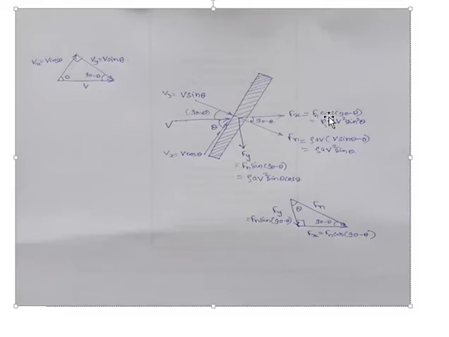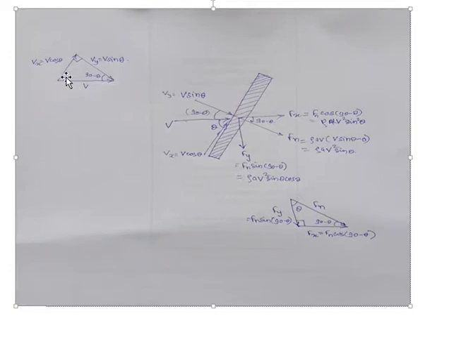We can write cos(90 minus theta) as sin theta, that is Fx equals Fn sin theta, and here Fy equals Fn cos theta, since sin(90 minus theta) means cos theta. From this figure, this is the absolute velocity v and this is the angle between the jet and plate. This is theta, and this is 90 minus theta. If this velocity is resolved into two components, vx and vy, it is shown in this figure.